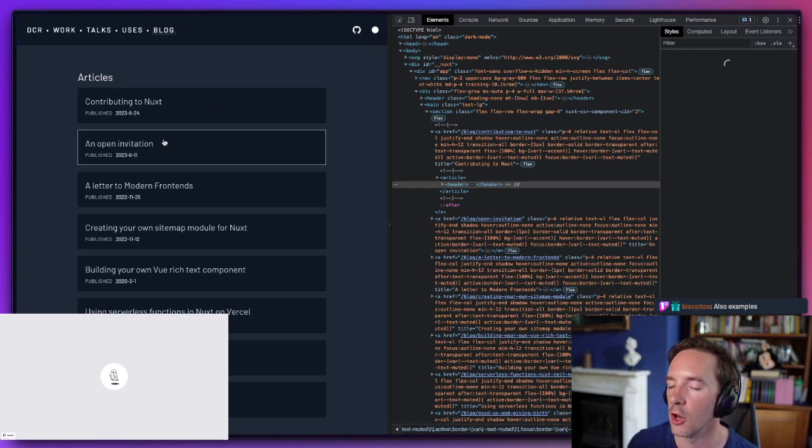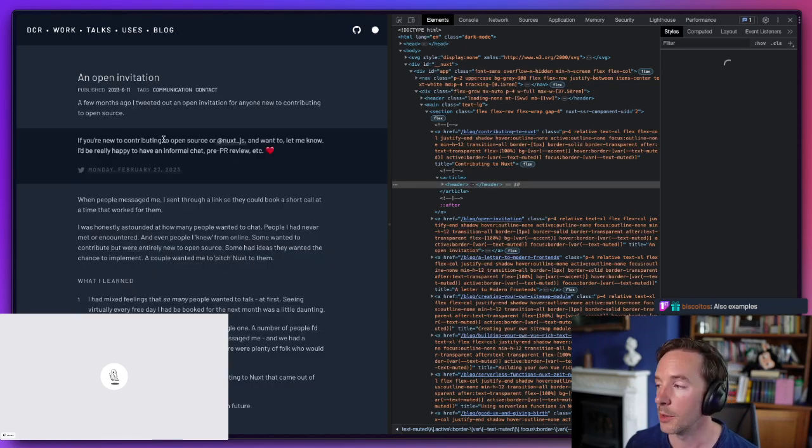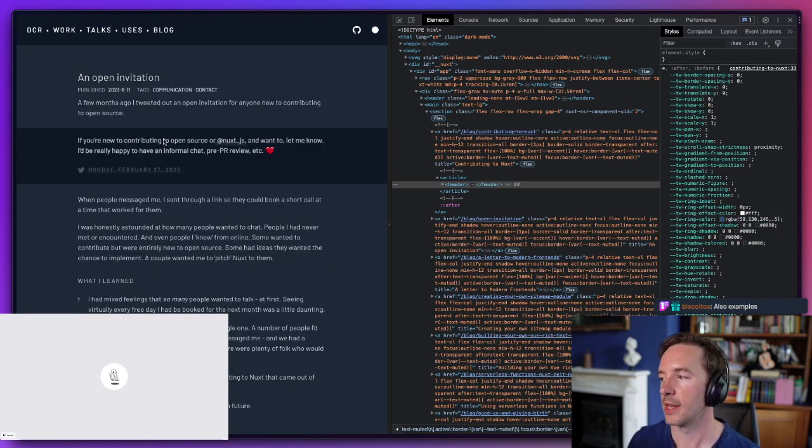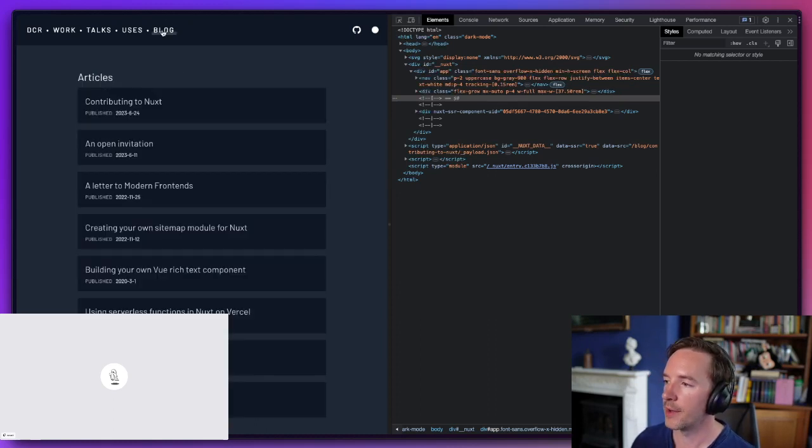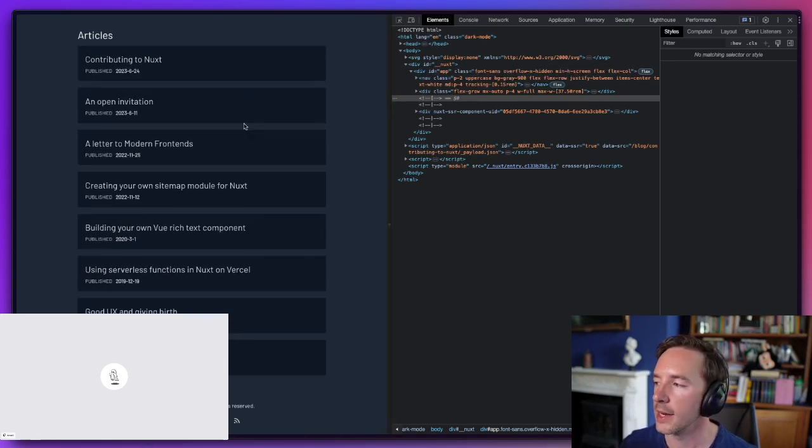To make that not happen, you need to write some code, and it's not much, like 10 lines of code to make it default to the client-side router. I also added some code to add prefetching, because again, they're not behaving like normal Nuxt links. That is the only thing that I did. But I will write up a blog post about this with code examples to show how it works.